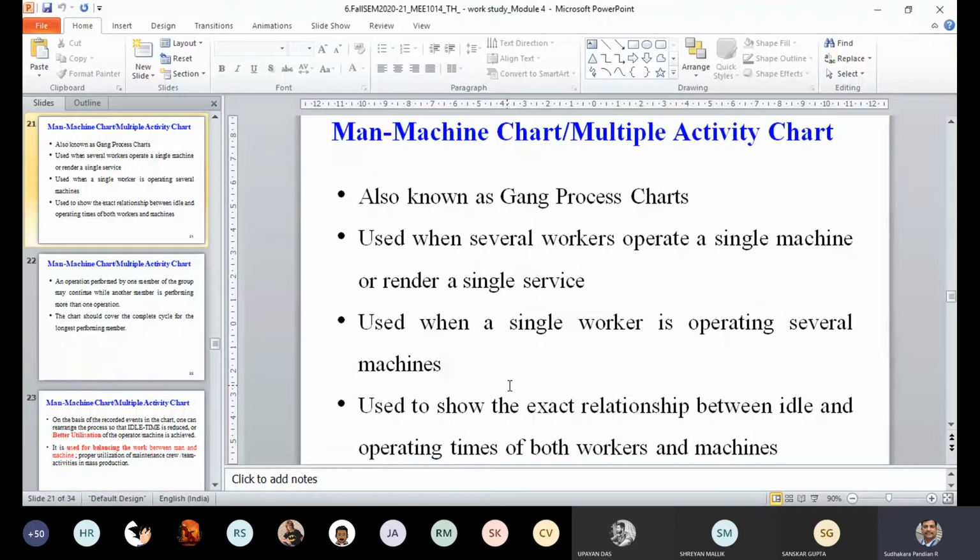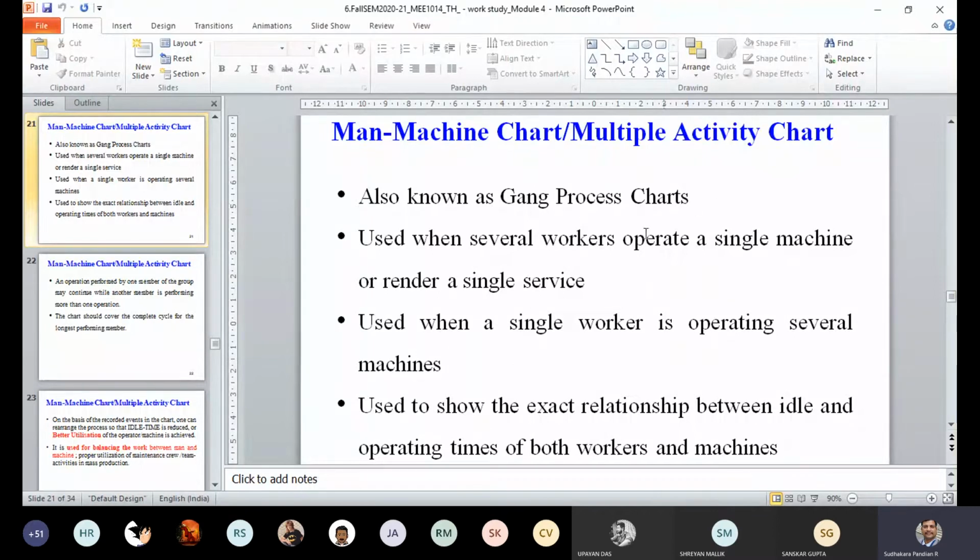He will start with the first machine, then the machine will automatically do some jobs, then he will move on to the next machine, he will start it, and that machine will proceed, then he moves on to the third machine and starts another operation. Only one person is taking care of all 3 or 4 or even 5 machines for different jobs or maybe the same jobs. So that is how the chart looks, which we are going to discuss here.